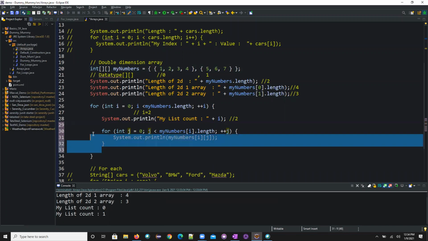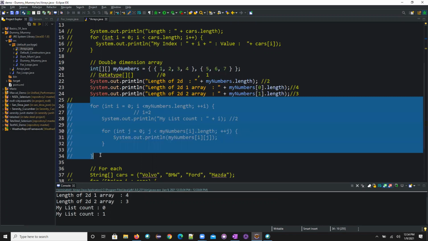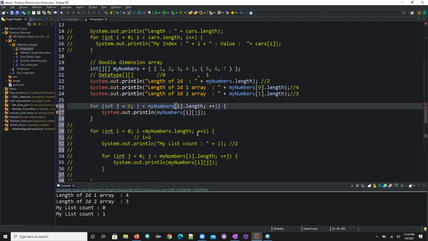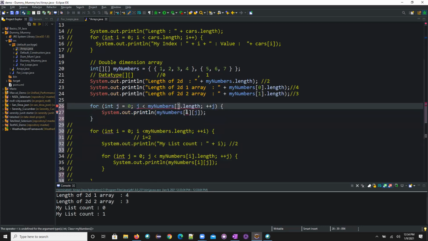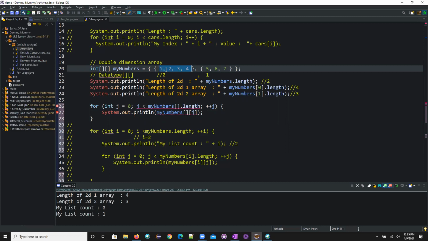I'll do one thing for you, because if I run both at one shot, you'll get confused. I'll add another step. Dharani, you tell me. Now I wanted to print all these values. What is the count of this particular list? 4, sir. That is the length.